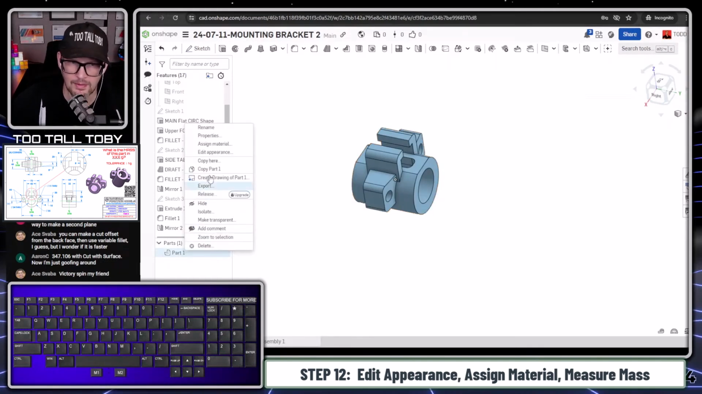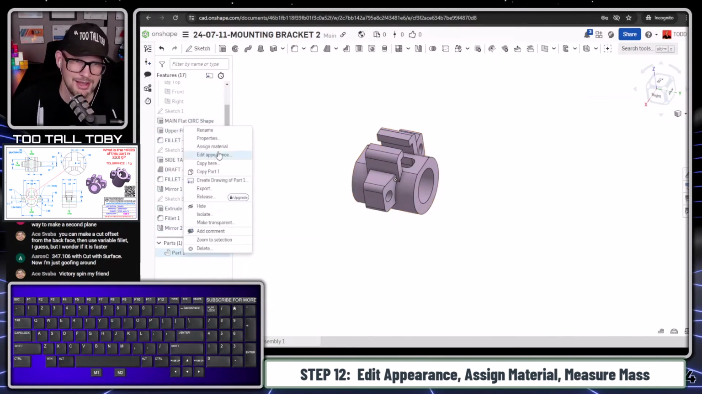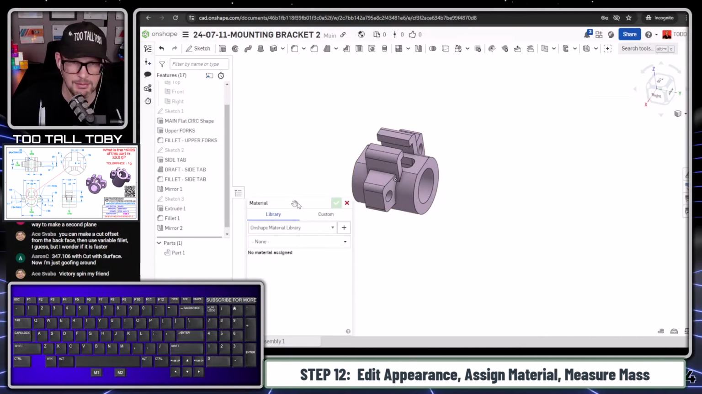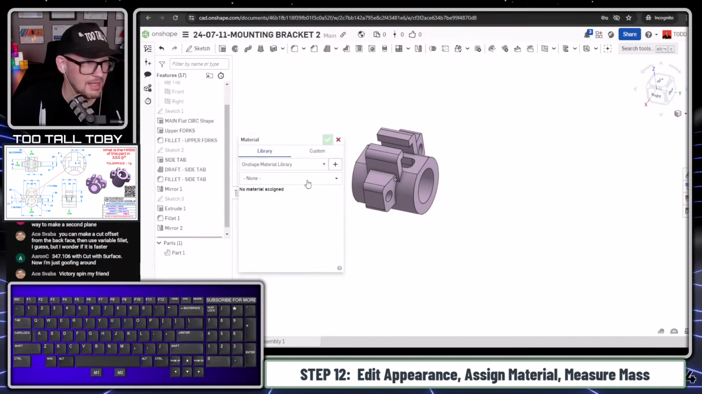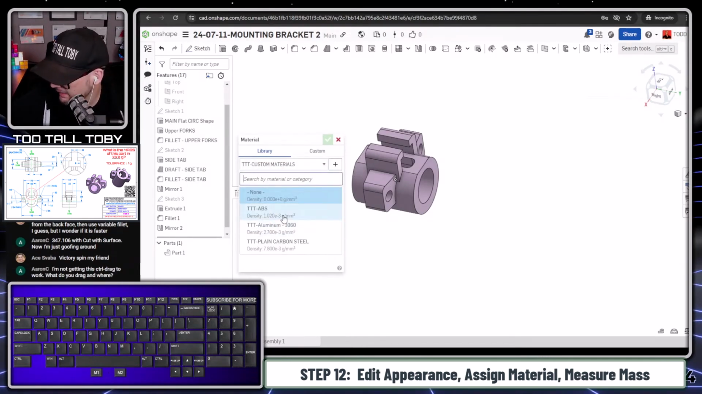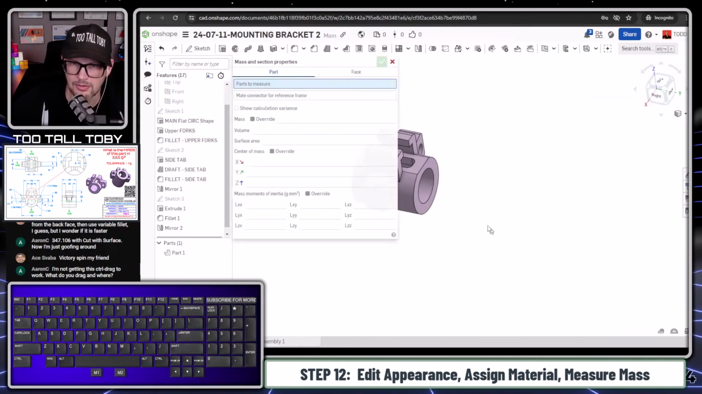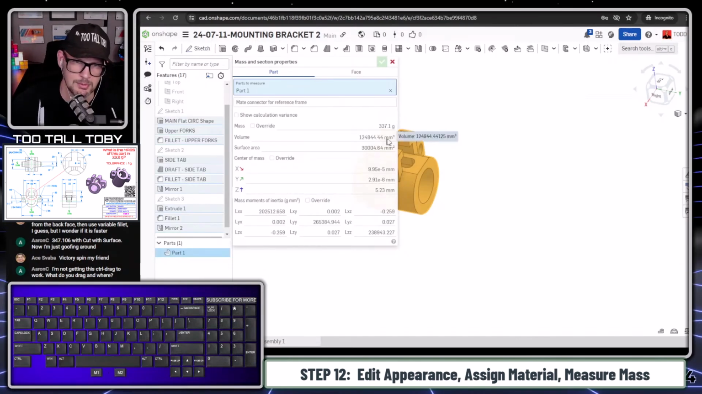Come down here in the lower left, you can right mouse button and say edit appearance and change the appearance to match the appearance on the print. You don't have to do that, but I like to do that. Come down here, right mouse button, say assign material. And then when we go into assign material, we're going to say that this is going to use the material from the TTT custom materials. And that's going to be the 1060 alloy. So aluminum 1060. And so then if we go to mass properties and we click on this thing, we see we're coming up with a mass here of